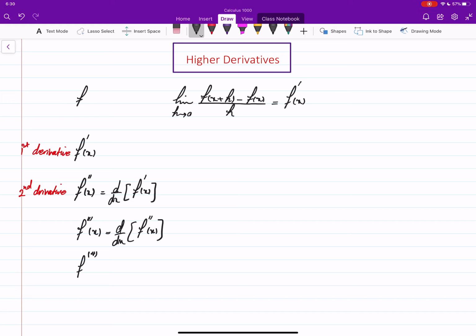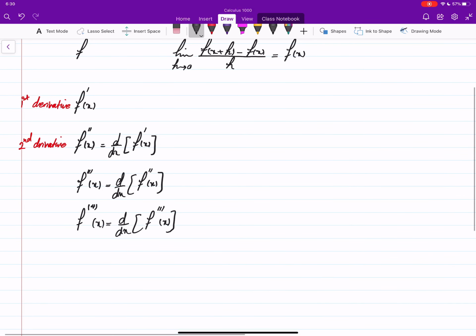F of bracket 4 means that we differentiate the function 4 times, or we just find the derivative of f3, and this goes on. Yes, so for the nth, we mean that this is the derivative of one derivative